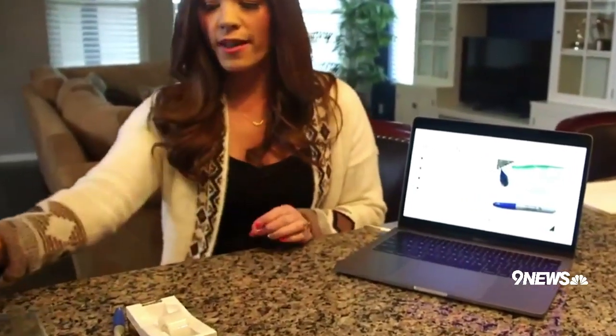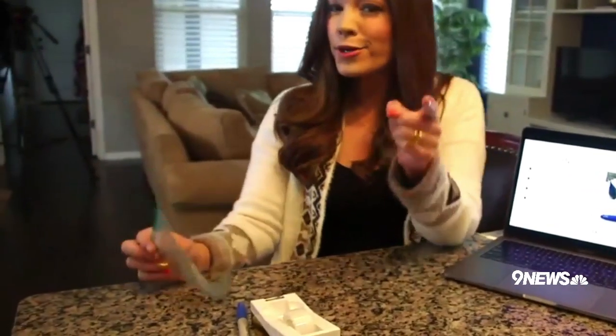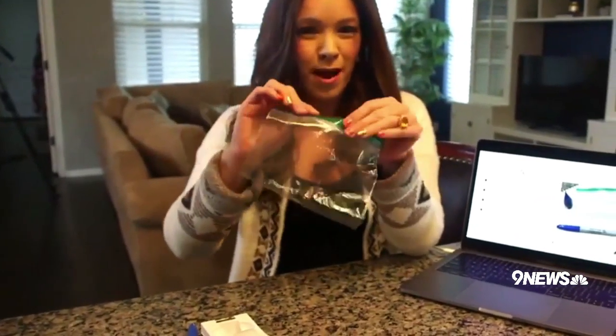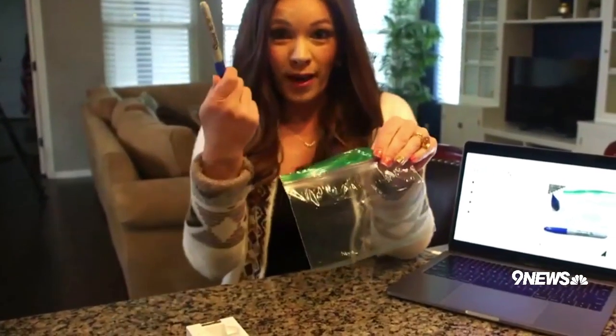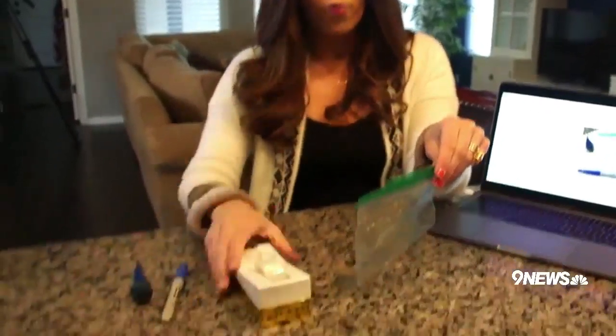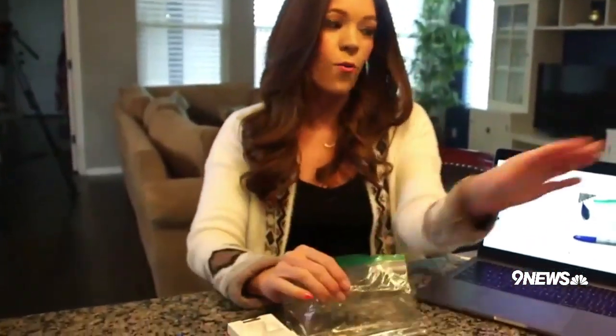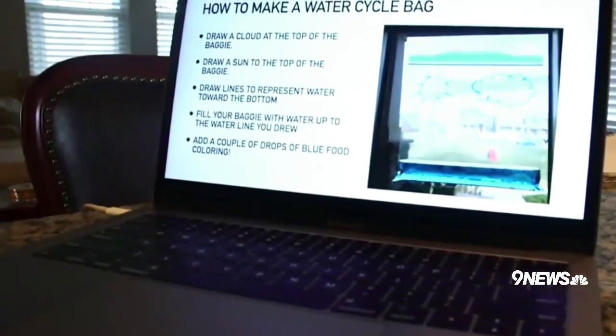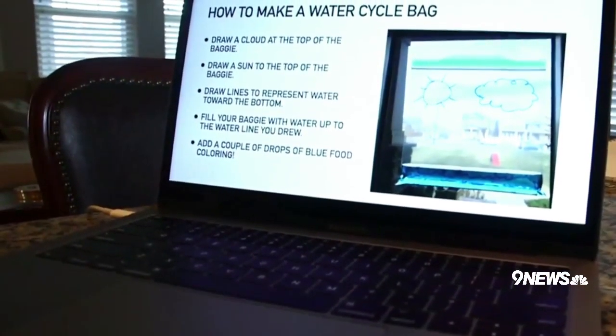So now let's create our own water cycle bag. How fun is this? Okay, so really easy, and I'm pretty sure you probably have all of these ingredients at your house. First, a little Ziploc baggie, a Sharpie, food coloring, if you got it. We're gonna need some tape, and then also water. I'll fill up that in a bit. But first things first, we are going to draw a cloud at the top of our little baggie. So right here,